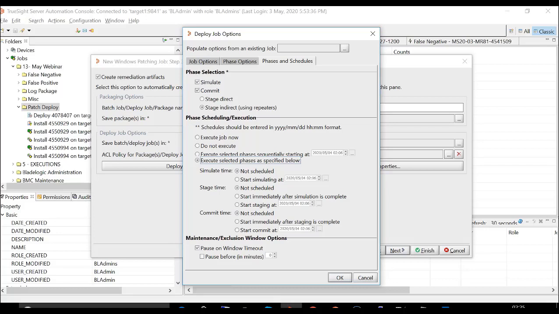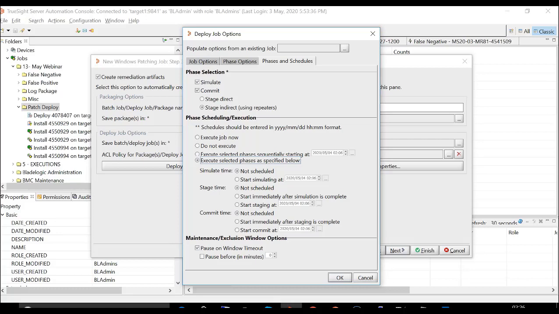So what you can do is select simulate and stage to happen way before the downtime window, and set the commit phase to happen within that downtime window, because when we speak of simulate and stage, we are not installing anything. The actual installation happens in commit. So you can schedule this at a time when there is not much load on your network, so that the patches are copied before the commit phase, and when there is a downtime window, you can set the commit phase to run